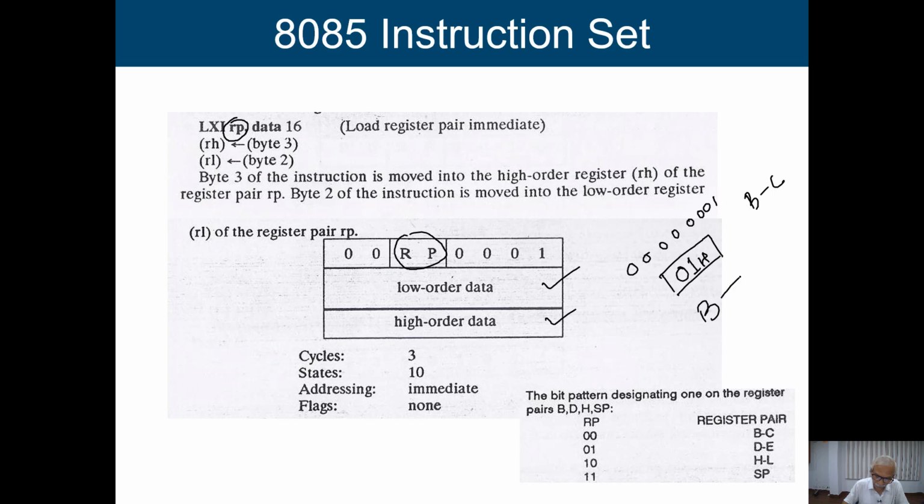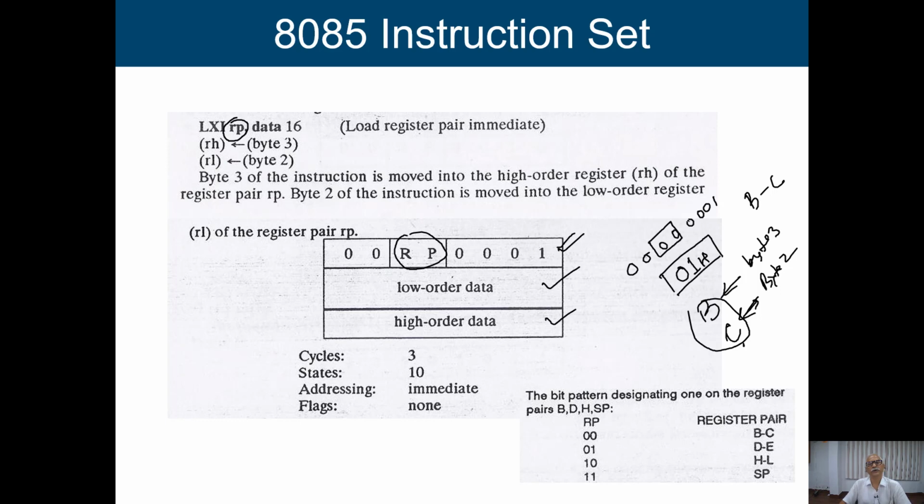So B will get byte 3 and C will get byte 2. Byte 1 is my opcode. Byte 2 is the low order data, it will go to register C, and the third byte is the higher order data, it will go to register B, because we are using the register pair BC in this particular instruction, as this is 00.